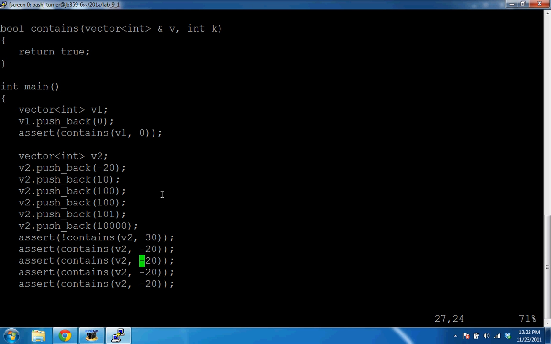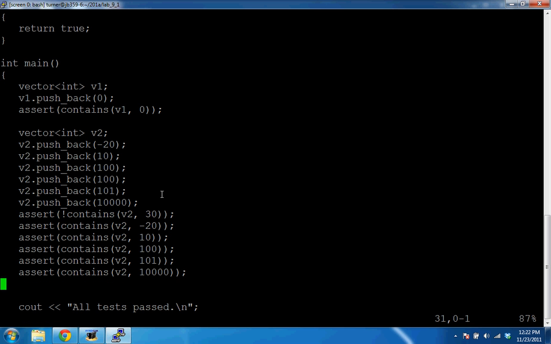And it should contain a 10. It should contain a 100, and it should contain a 101 and 10,000. All right, so these should now... this will fail